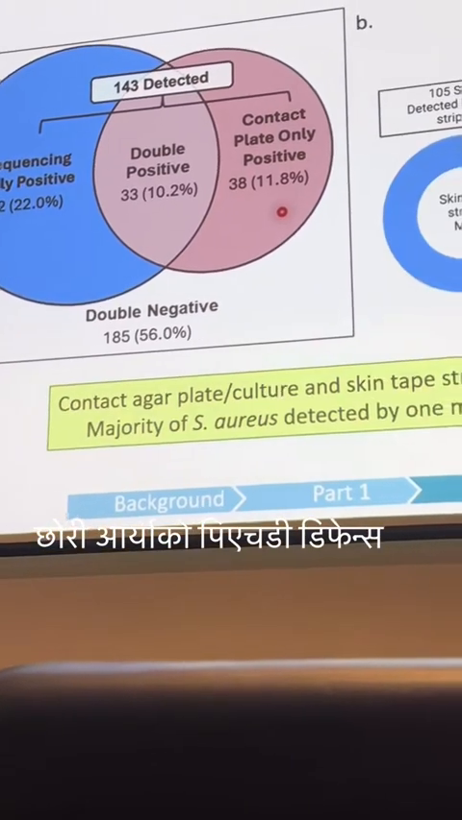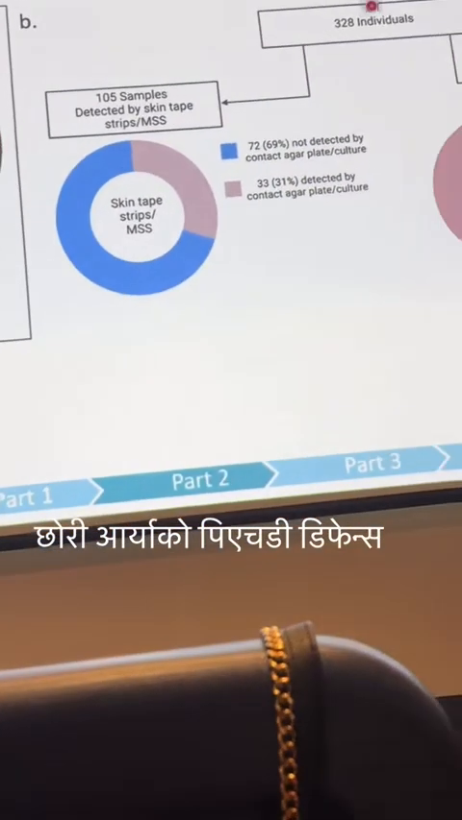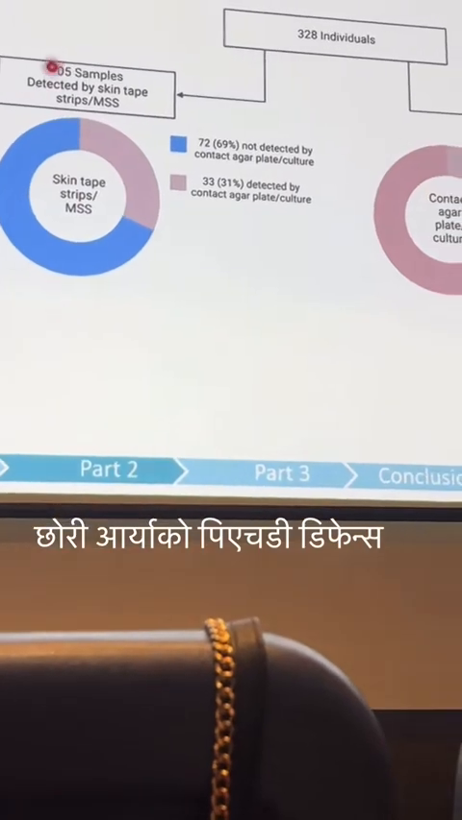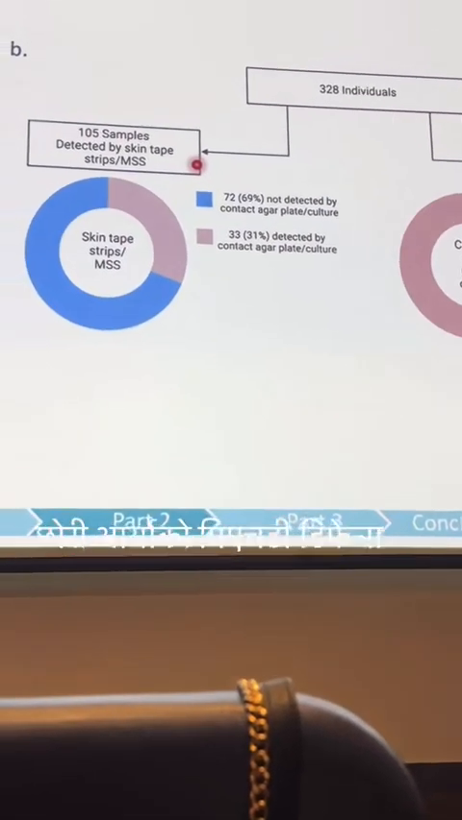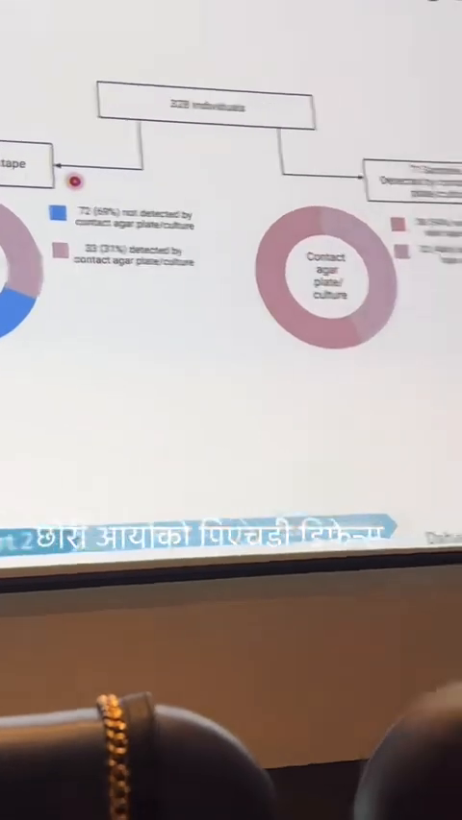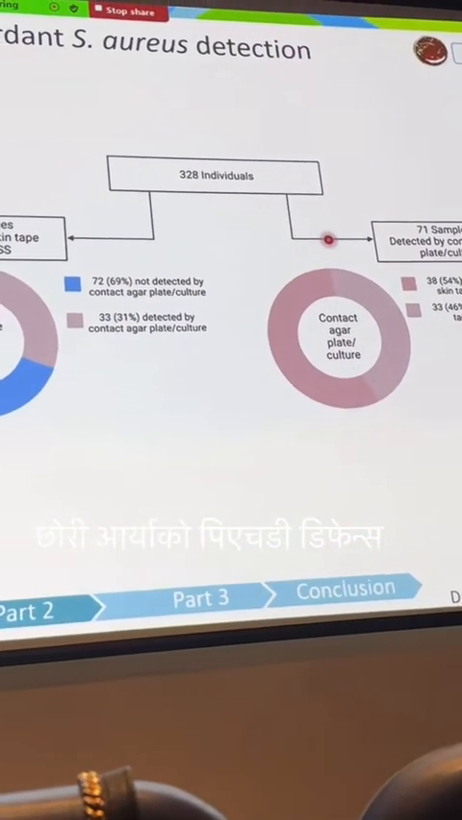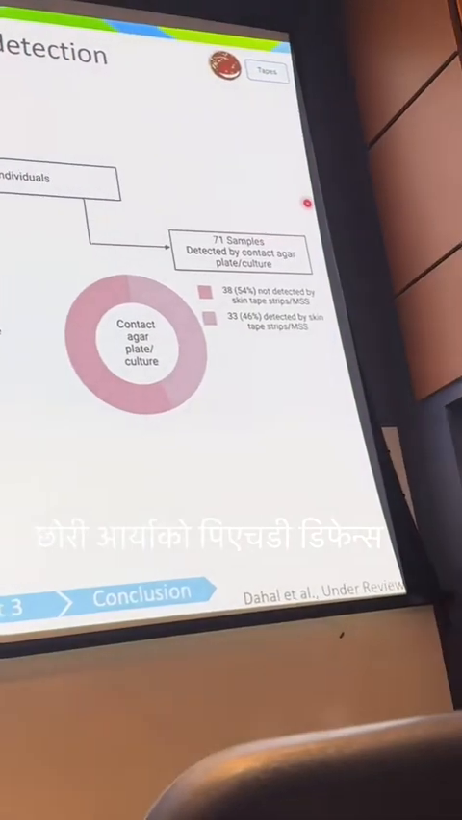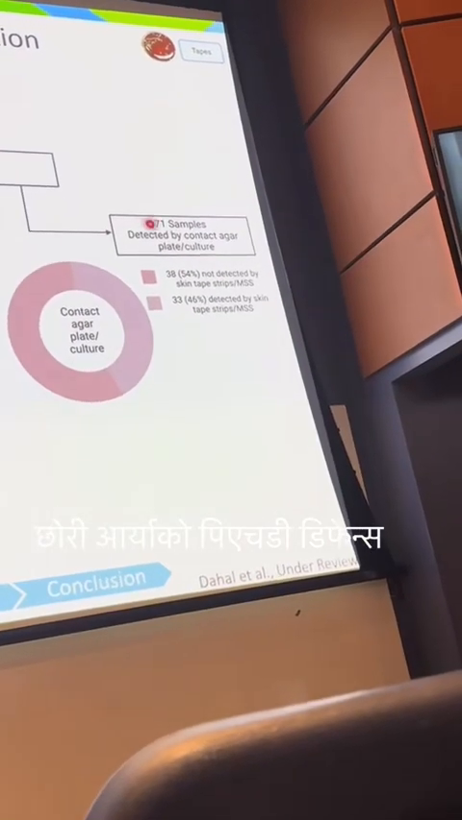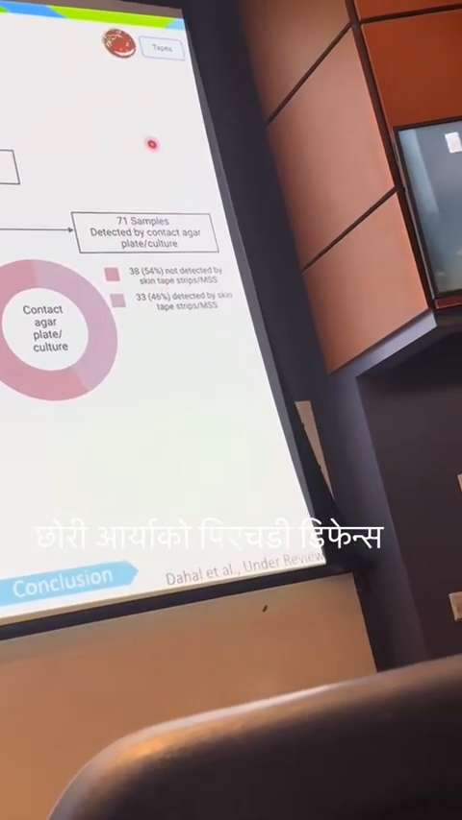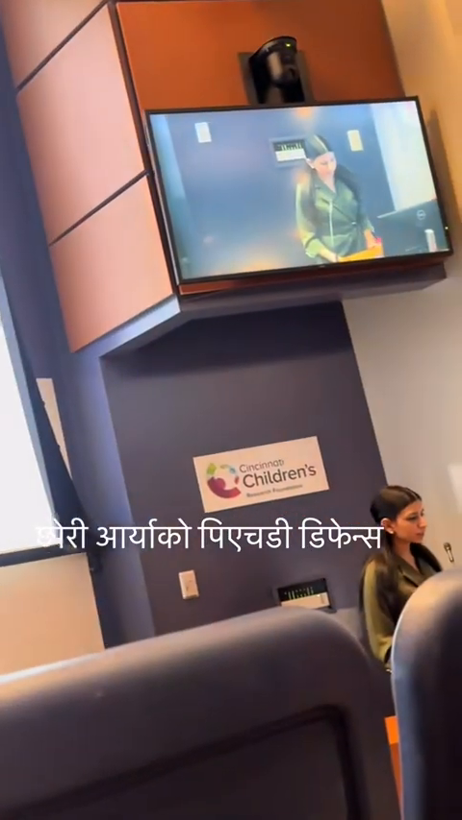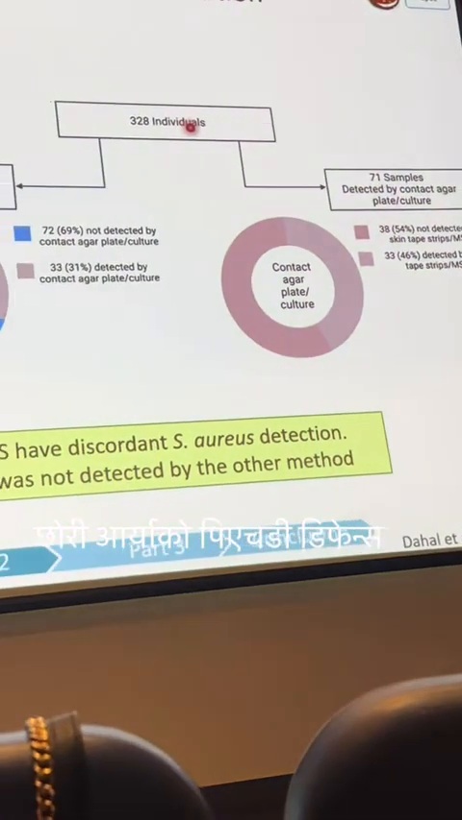And then this is looking at it a little bit differently here. So there's 328 individuals. Out of 328, 105 had Staph aureus detected through sequencing. And then out of the 105, 72 or 69% was not detected by contact plates. Meanwhile, out of the 328, 71 samples were detected by contact plate. Out of the 71, 38 or 54% were not detected by skin tapes. So this finding was really interesting to us because this tells us that contact plates and skin tape strips have